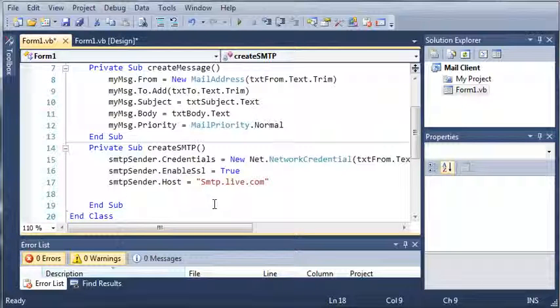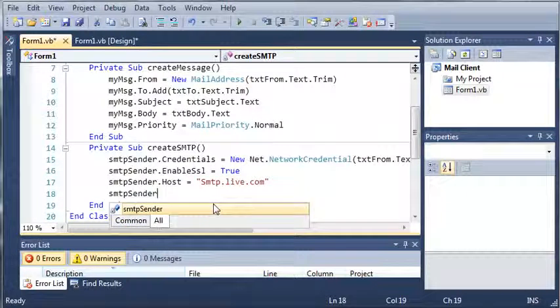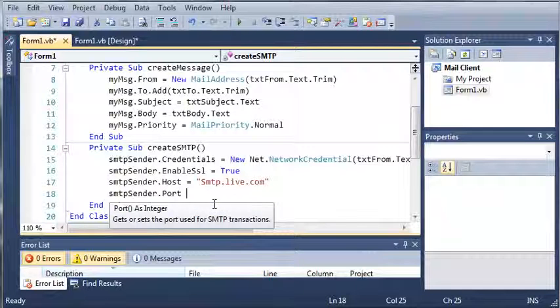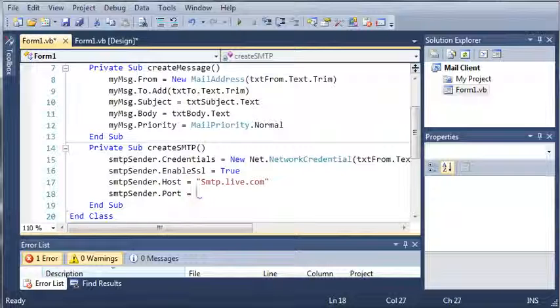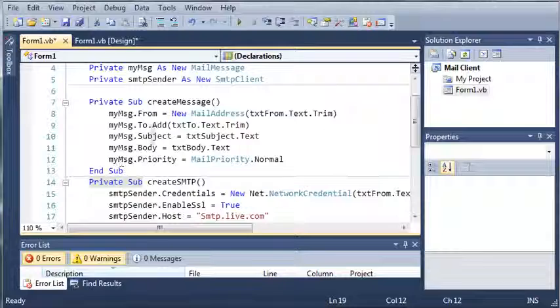This is what it's going to connect to in order to send our email. Then SMTPSender.Port equals the port it connects to. I believe the port is 587; we'll just have to see if that works. Okay, so now we've got our CreateSMTP and create